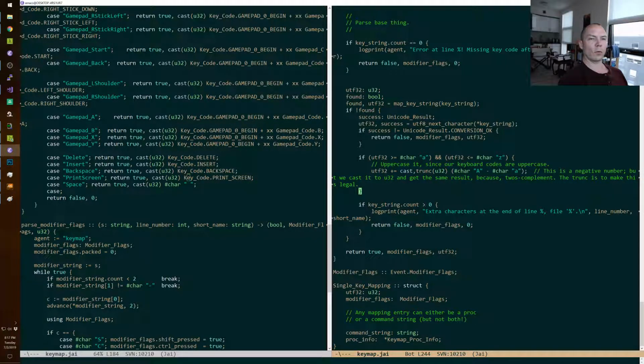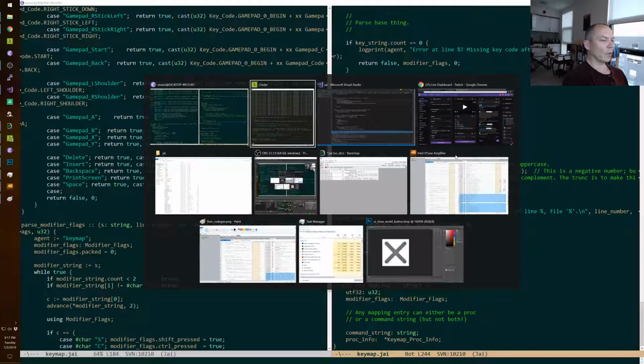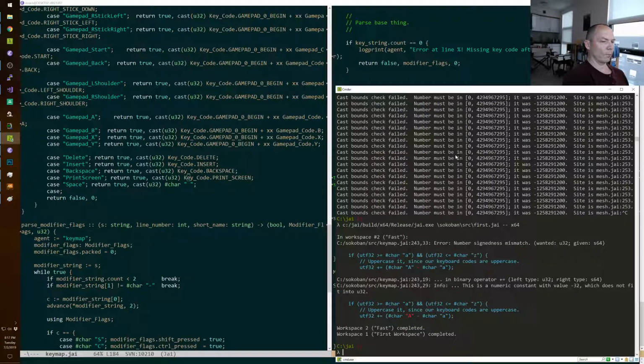You could just generate assembly instructions for that, and then you just check for underflow after the addition. I don't know, man. It's not clear to me what the answer should be there.